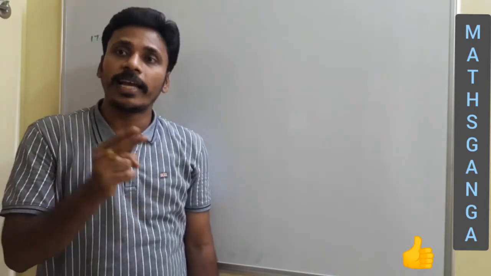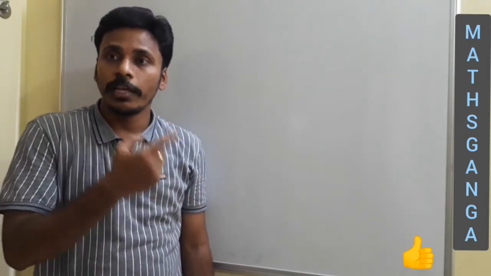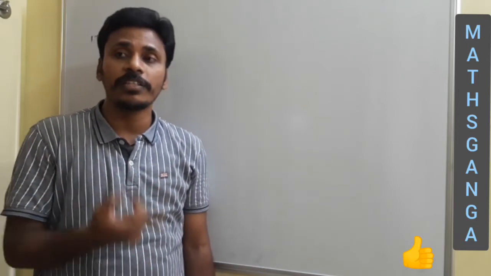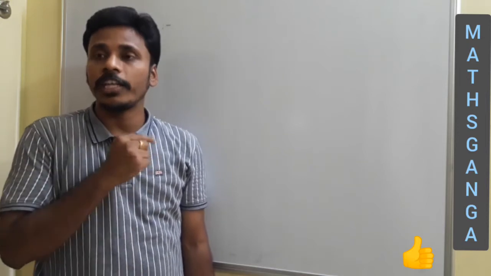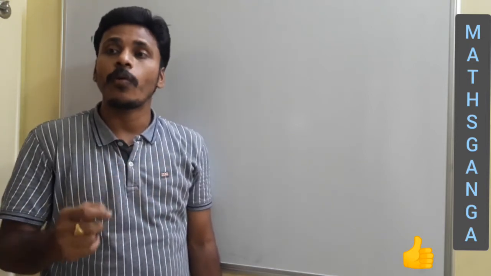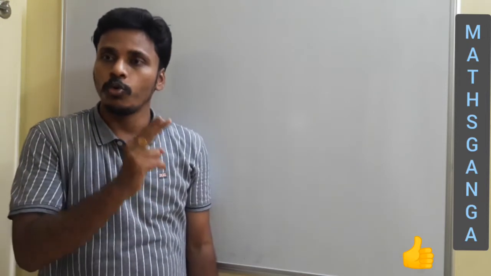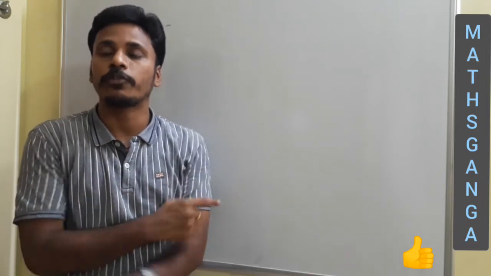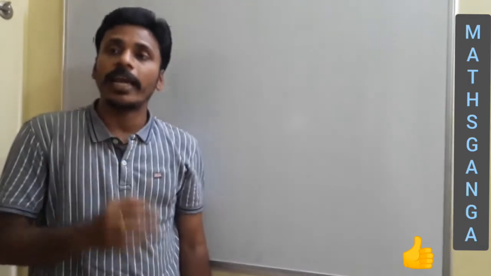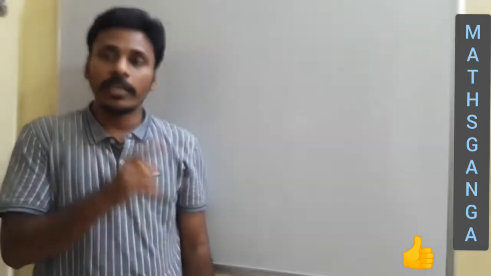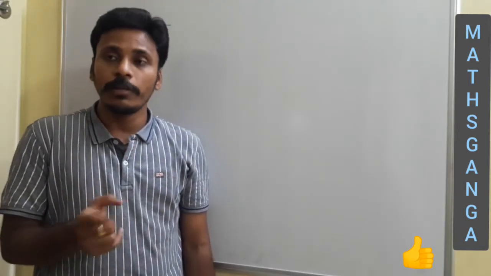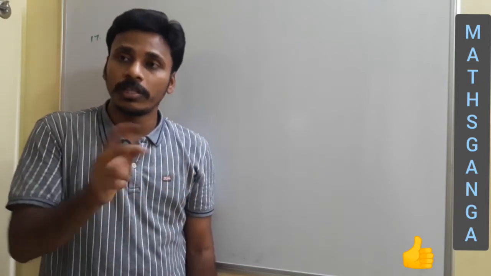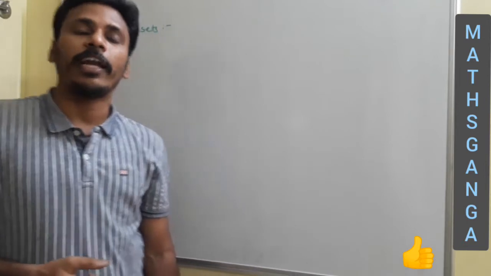Related to set A, I have 2 possibilities, in A or not in A. Related to set B, again I have 2 possibilities, in B or not in B. And related to C, again 2 possibilities, in C or not in C. If you combine and check, totally we have 8 possibilities, right? 2 from A, 2 from B, 2 from C, so 8 possibilities. What are those? In A, in B, not in C; in B, in A, not in C; in B, in C, not in A; both in A, B and C. Like that we will get 8 possibilities.